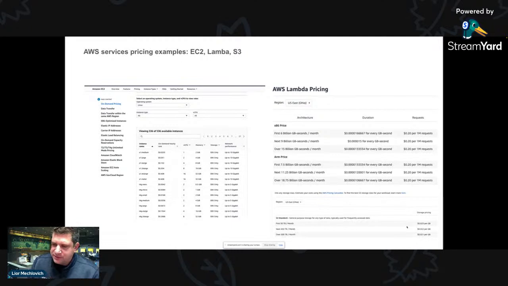If you look at S3, there are tiers, right? So there's X amount of storage for free, and then you have tiers. So it gets complicated, and more than that, it gets very accurate, right? There's a lot of need to really instrument what's going on. And this is true for all the 300-plus services in AWS. Each one of them has multiple price vectors, multiple dimensions with very high granularity, right?